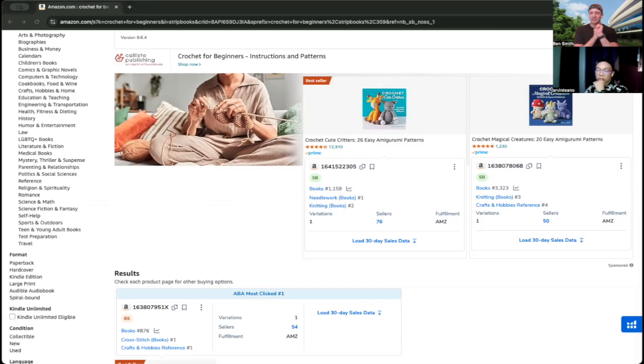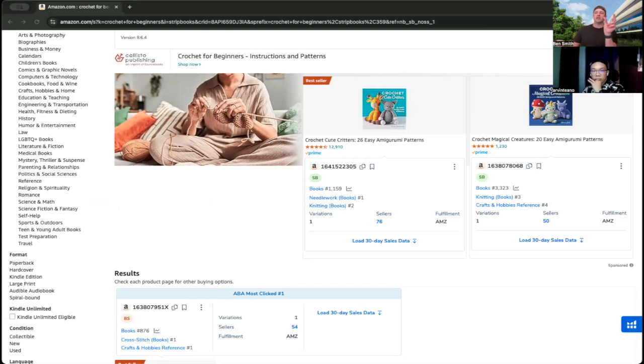So number one is the search results. Do we have people in this 5 to 10, ideally on page one, that have our main keyword somewhere in their title of their book? That helps us validate that the keyword we're looking at is the right keyword to build a book around. So let's move on to number two.